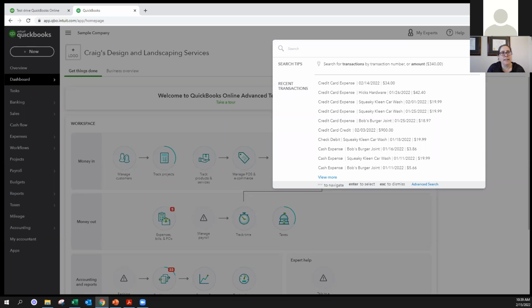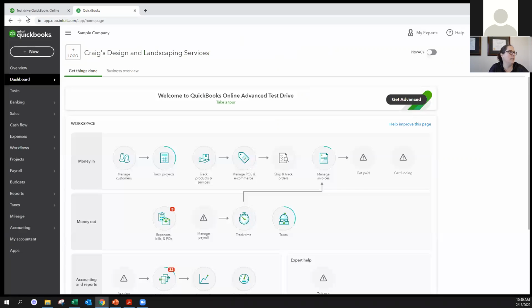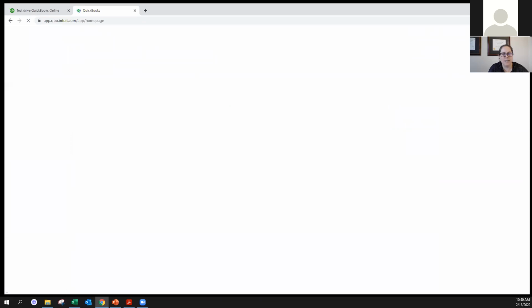This little magnifying glass has lots of different things in it. So when you click on it, it's going to come up with the search feature. And let's say that I wanted to see Amy, my client Amy. If you type, I don't know why it's not working, but if you type certain people's names, hold on. Because you can type certain things in the search box and it's going to come up with a variety